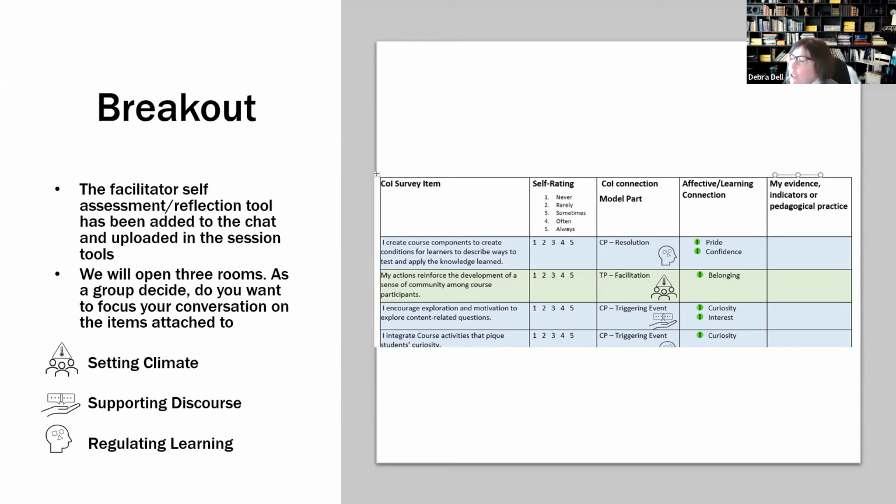So you don't need to go through and do the whole assessment now, but I wonder if you could each maybe just pick one, because I'm restructuring what the plan was because we have a smaller group. If you could just pick one of them and offer some solutions, some suggestions, or pick one you feel really strong about, or pick one that you would like some help with and ask others what they might contribute in terms of evidence indicators or their own pedagogical practice.